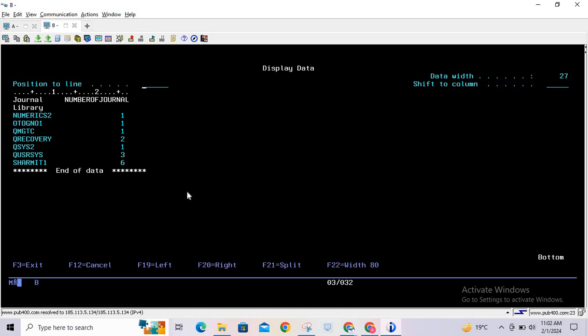So you can see this is quite simple. Here with just one query you have fetched all the libraries with their number of journals, right? So this is the one way. Let's say if there were some journals in Sharmit 1, Sharmit 2 library as well, it will fetch all the details of that. Okay,